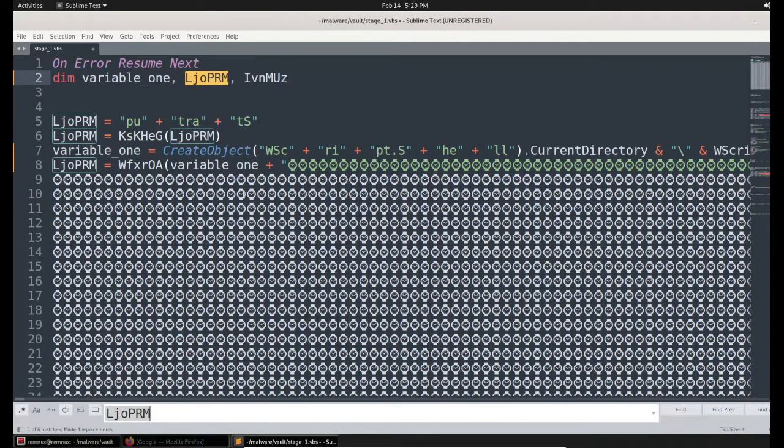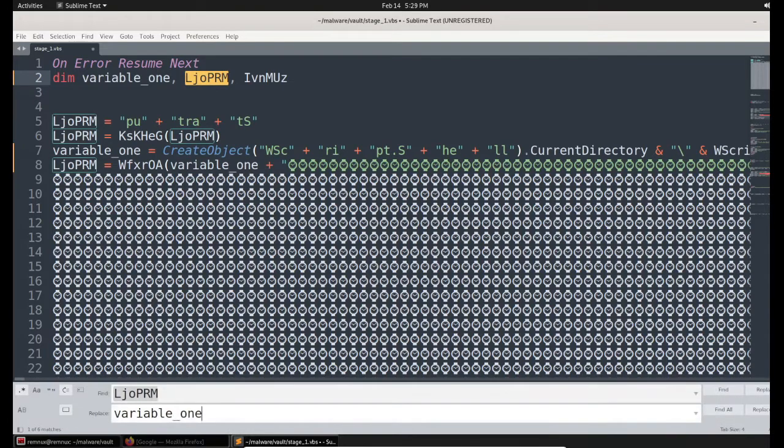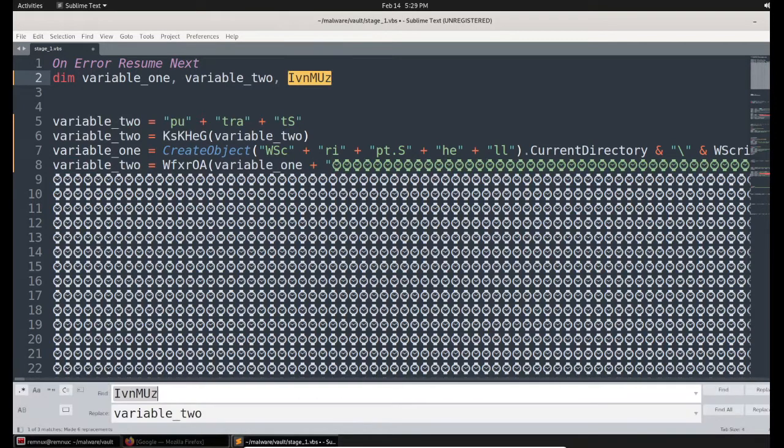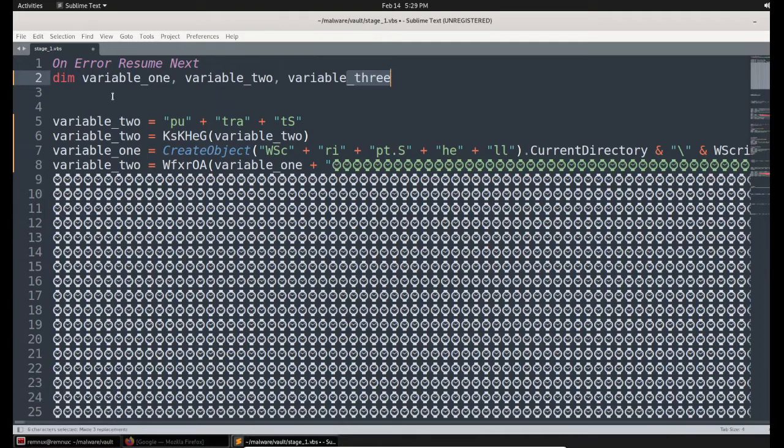And the next one, once again variable 2, Control Alt Enter to replace, and Control F, Control H for variable 3. Control Alt Enter once again to rename every occurrence.